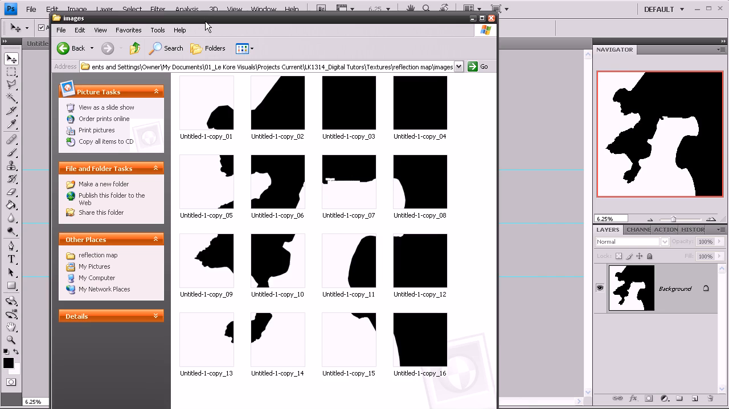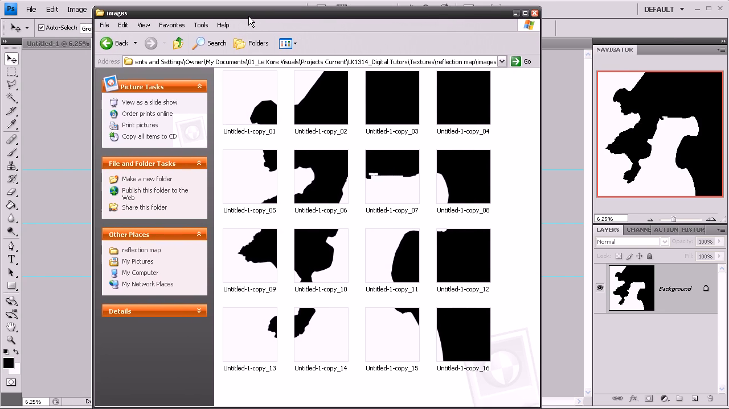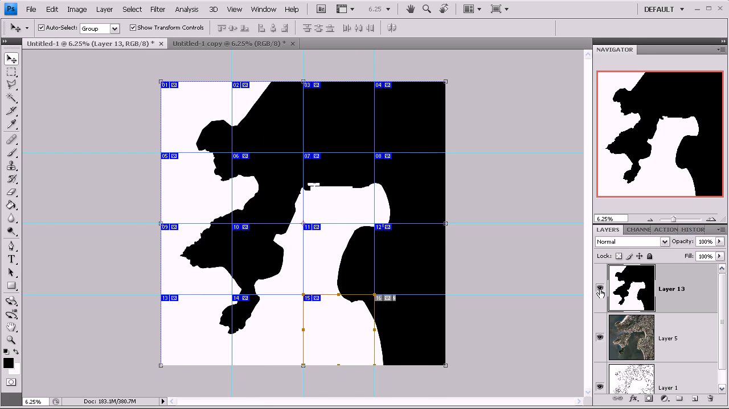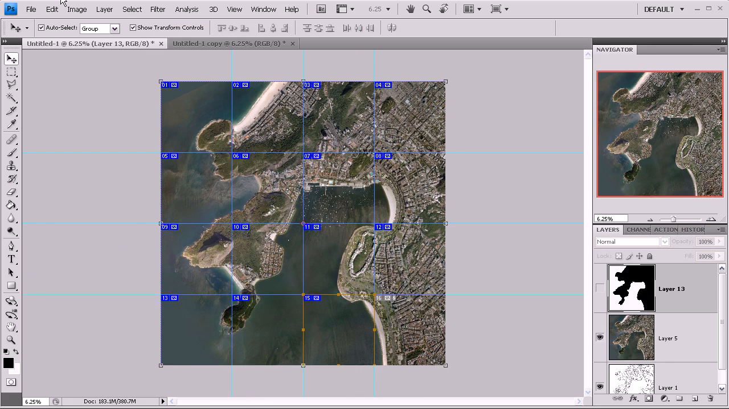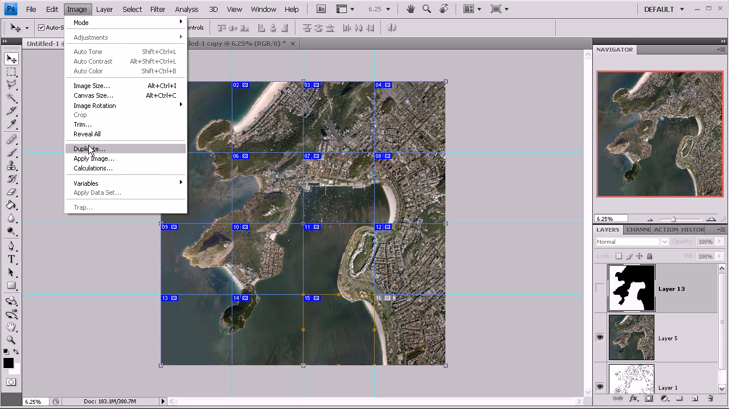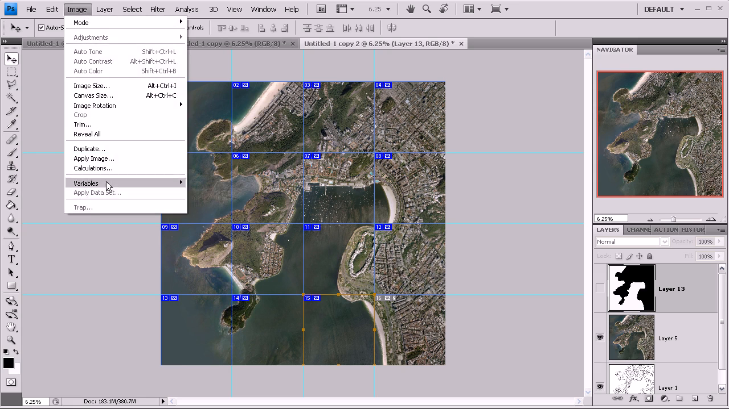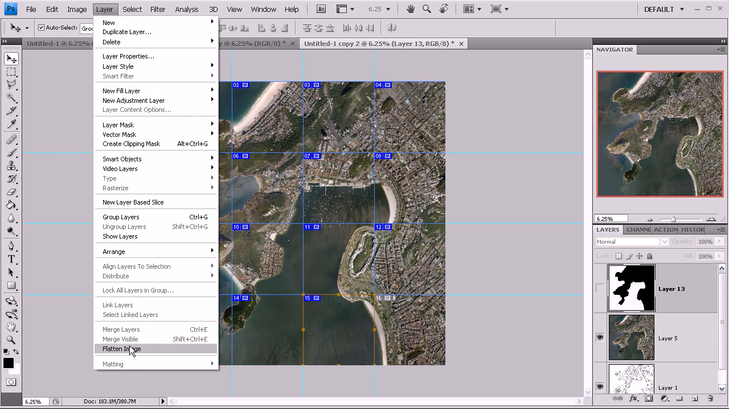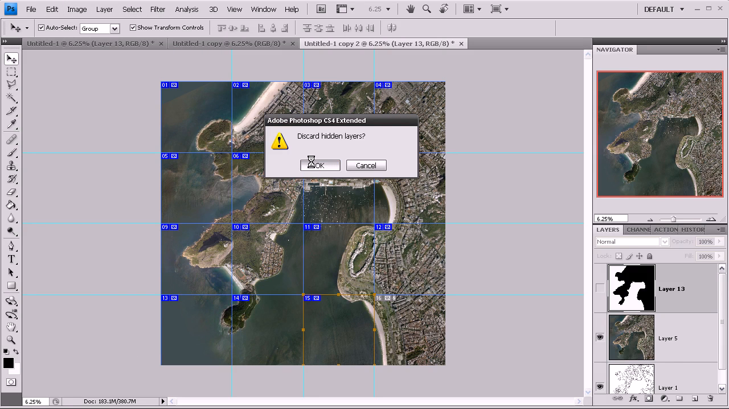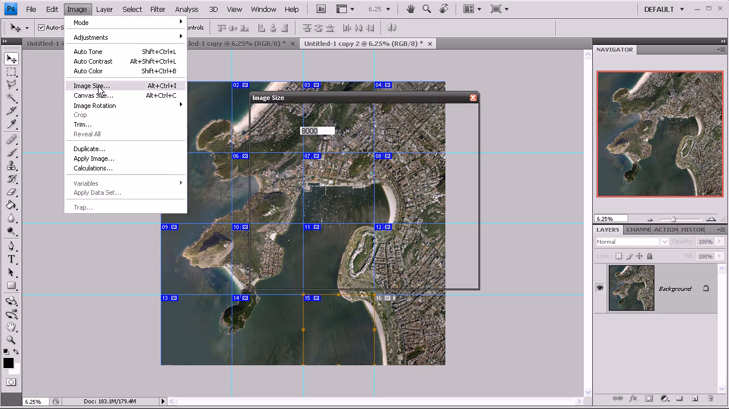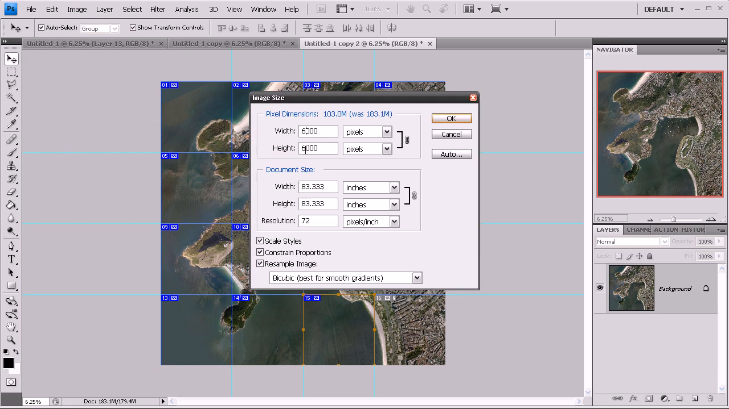Now we want to do exactly the same process for the other map, which is the satellite image. So we'll do the same process where we duplicate that, just so that we don't lose the Photoshop file that we have with multiple layers. Once we have that, we go to flatten image, discard, yes. Then we repeat the image size, drop that down to 6, press OK,